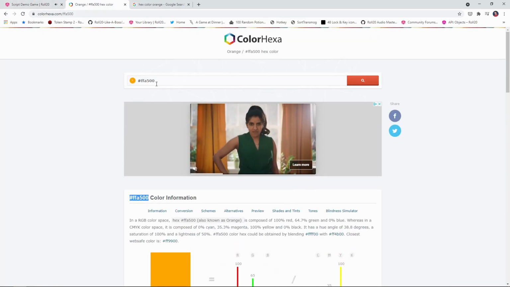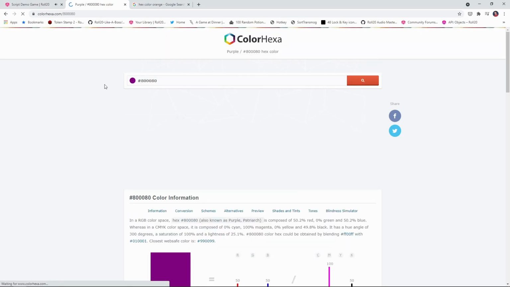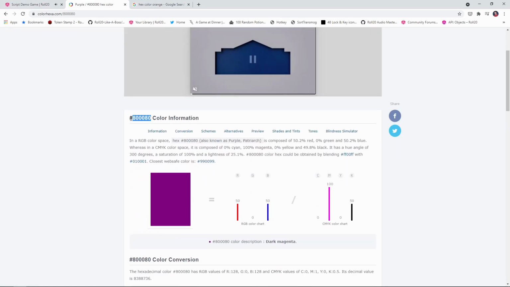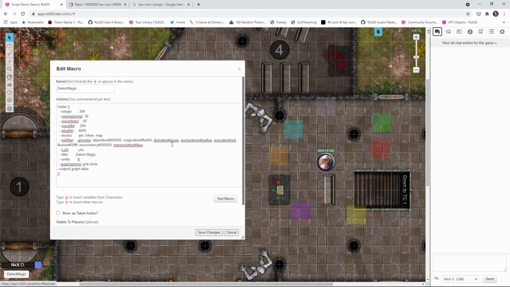So if I just come out here real quick and I look up purple, I've got a couple of different colors here, but I'm going to use this color for my purple. And then that will take care of that. So if you do run this through and you don't see the colors that you're expecting, or don't see everything showing up like it should, see now everything's there, it's because you need to provide a hexadecimal equivalent for the color name. Okay, so I've just gone through and I've made corrections for a couple of other colors,